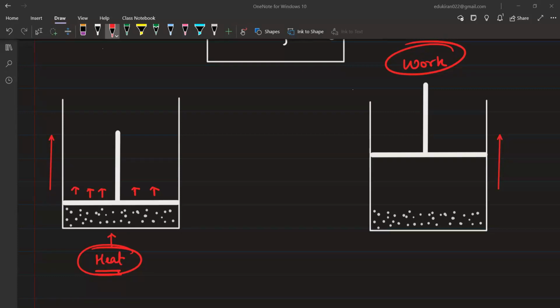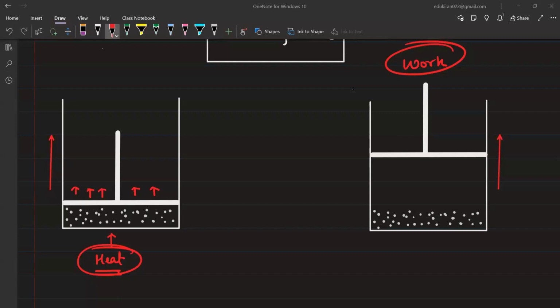Heat क्या है? Heat आप जब तक किसी चीज को छूओगे नहीं, heat के बारे में कुछ पता कैसे लगेगा? Heat तो महसूस होती है ना चीज. So it is a mode of transfer of energy. Similarly, work is also what? There are only two modes of transfer of energy. One is heat and the other one is work.